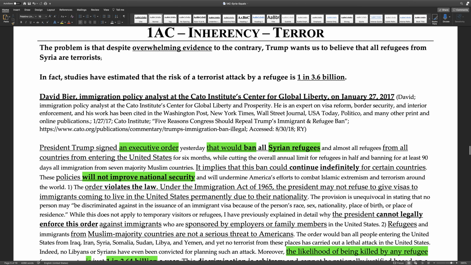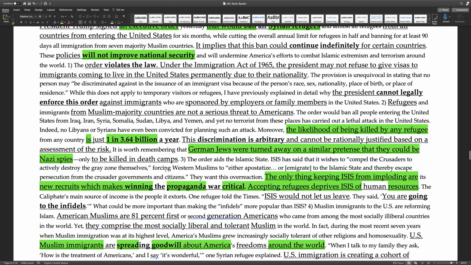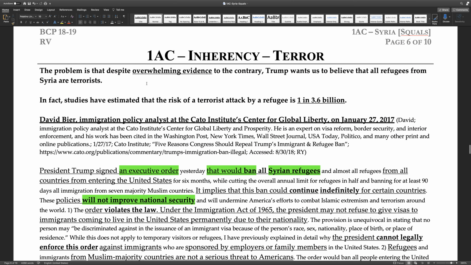Next, the problem is that despite overwhelming evidence to the contrary, Trump wants us to believe that all refugees from Syria are terrorists. And so notice here, what is this going to set up very well? It's going to set up a good response to a disadvantage, which is the fear that people coming from a war-torn country with radical Islam in it could potentially come over to the United States with radical ideas and be